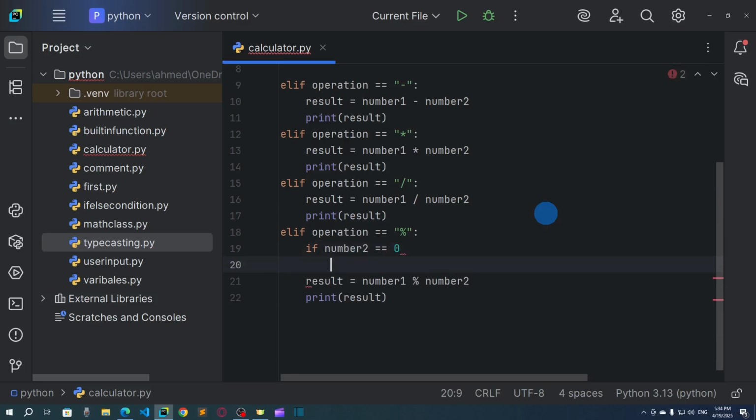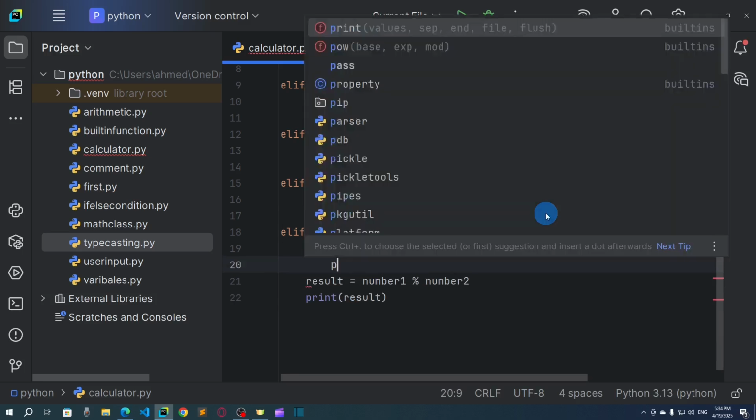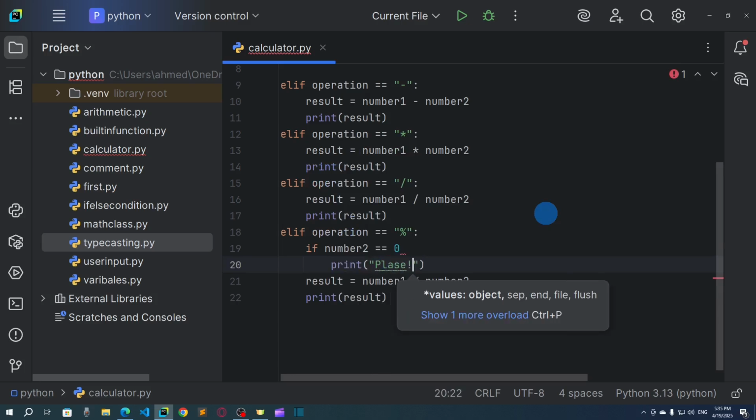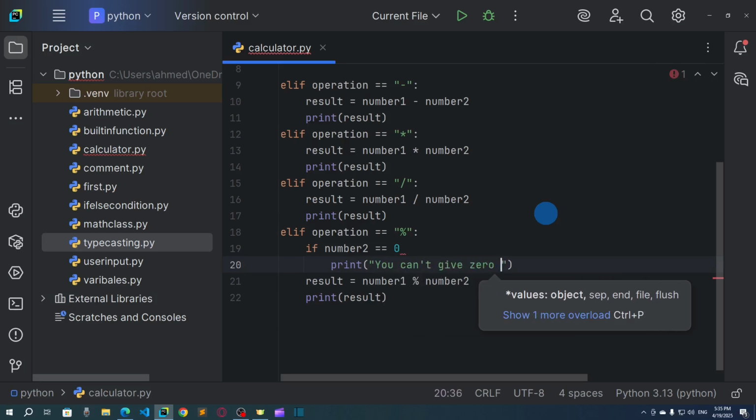Okay, then we will say print, I'll say please you cannot give 0 here. Okay, you can't give 0 as second value,